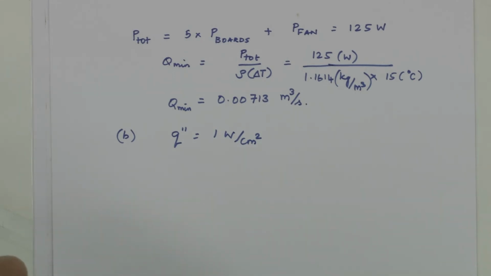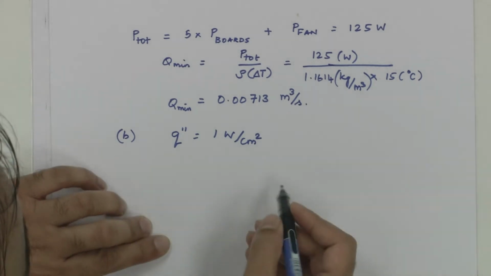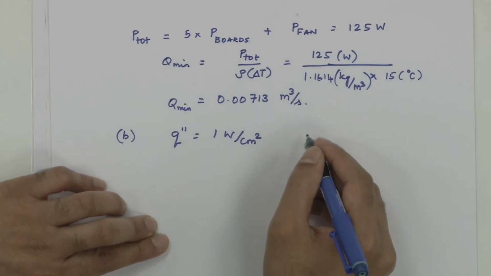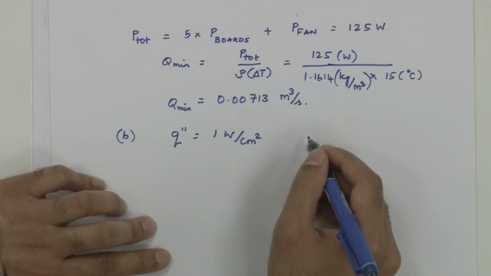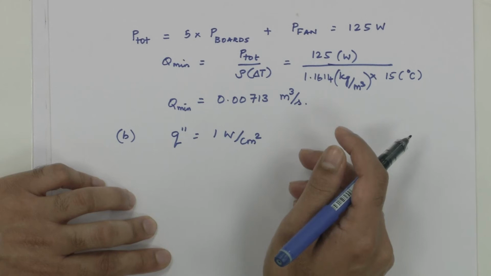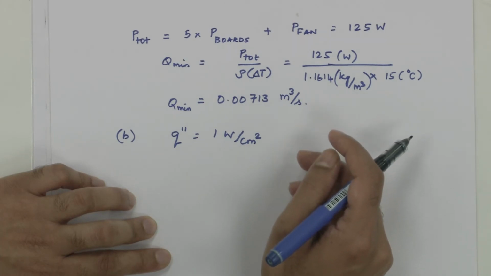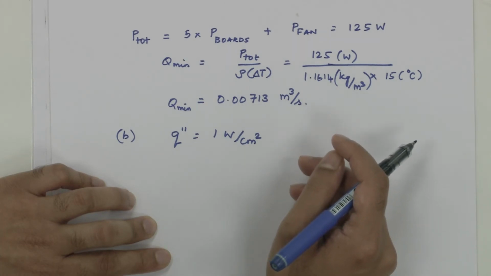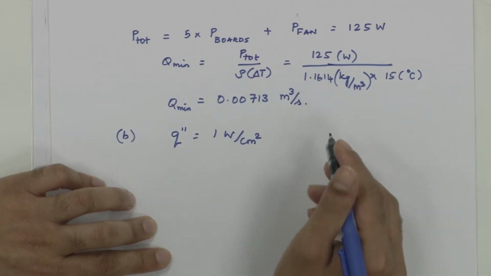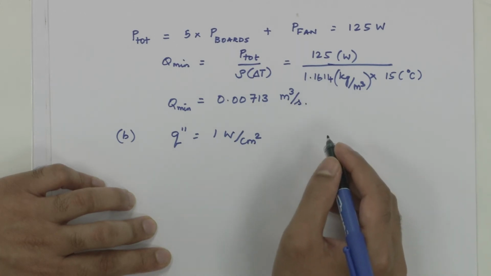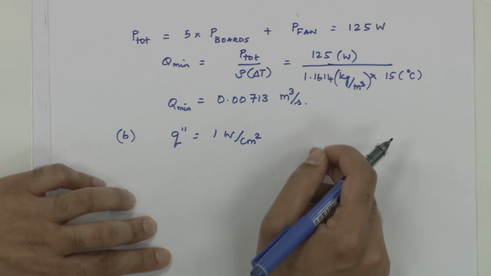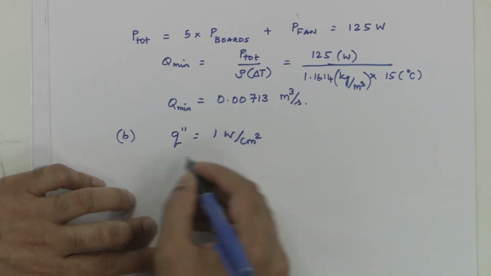Should this high power component be placed at the entrance, close to the inlet, or should it be placed at the exit? Obviously, we all know that the incoming flow is the much colder flow, so keeping a high power component close to the inlet flow is the most desirable, so that the temperature driving force will be large, because the temperature is colder and the hottest component feasible is closer to the inlet. So, we should keep this